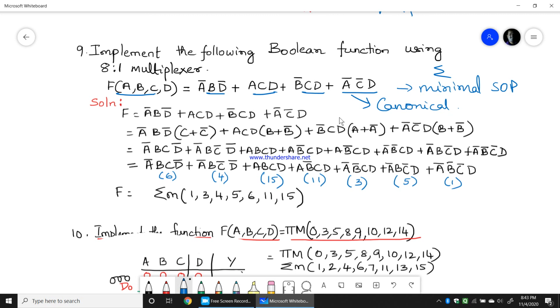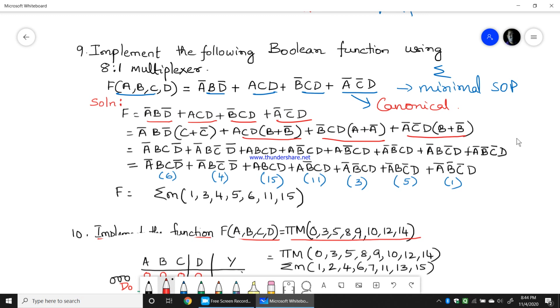We all know how to convert a minimal SOP to canonical SOP. As C is not there here, I'll take C plus C bar. As ACD is there, B is not there, so I'll take B plus B bar to multiply. As A is not there, I'll take A plus A bar to multiply. B is not there, so I'll take B plus B bar to multiply with this.